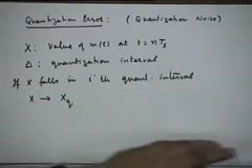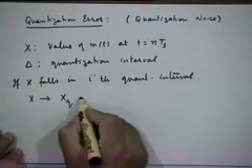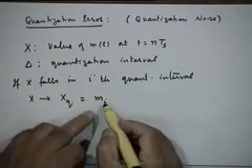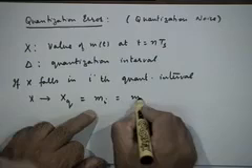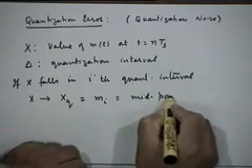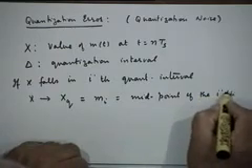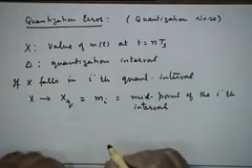Go back to this picture. This is the actual value, but it will be converted to this level, which I am calling x sub q. What is this value? This value is the middle value of the interval, which I will denote by m sub i, right. So, m sub i is the midpoint of the ith interval, right,